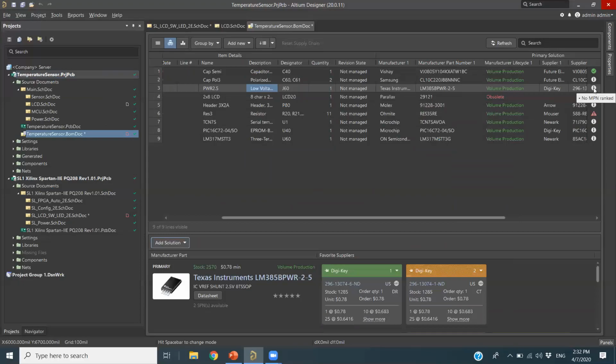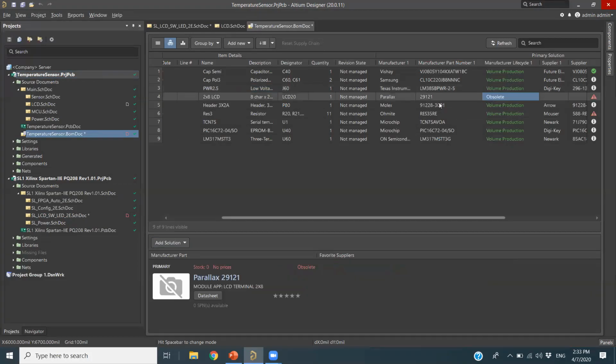Again, you will see the information, the I symbol. When you see the I symbol, it means that the manufacturers are not ranked here. So you can rank them by scrolling and giving the number of stars to rank. Same thing, when you go for the second one, it is an obsolete component. It means the component life cycle has ended. So we need to go for add solution, and you can edit to change the component. Based on the supplier, or your parameters, or the name of the component, you can filter it and select the component. You can do all this in your active BOM here.